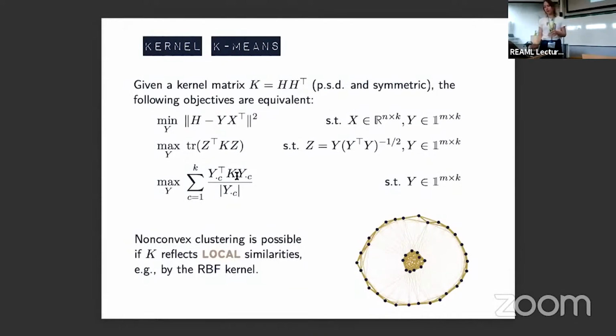Now, what we do for kernel k-means is basically go backwards. What was D times D transposed, we now denote as K. And what was before D, we denote by H, and H is derived by a symmetric factorization of K. So if you compare this, first we had D, now we have H. So we go just the other way around. And the thing is that with K, we can again model only local similarities. So for example, if I apply the RBF kernel to this data set,